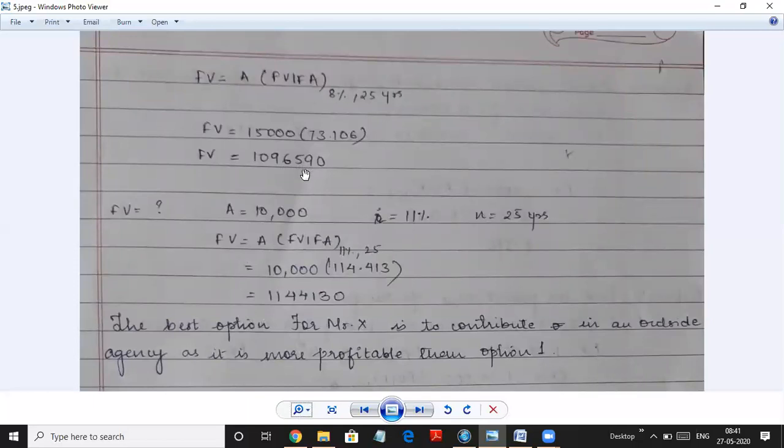10,96,590. So if Mr. X goes with the first plan where he will invest 10,000, the firm will invest 5,000 and the firm will give him 8% return for 25 years, he will get 10,96,590. Now let's see what's the second plan. They have said alternatively,